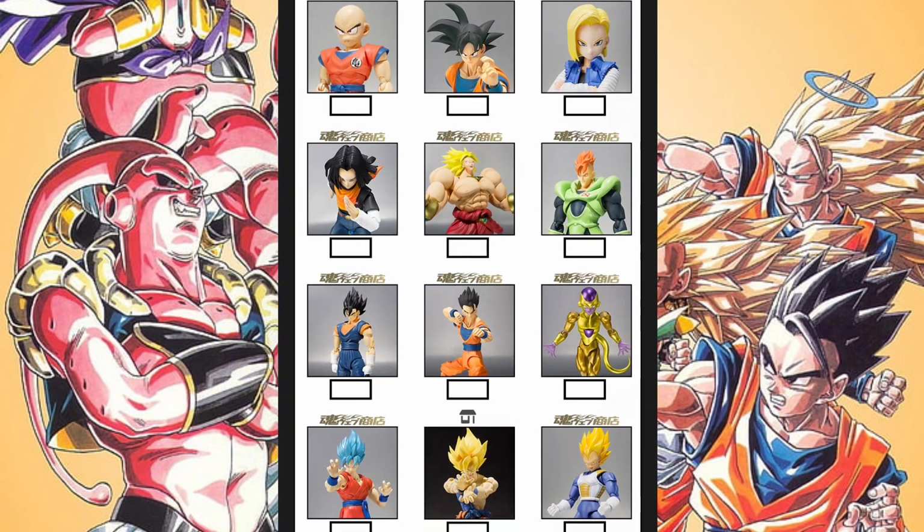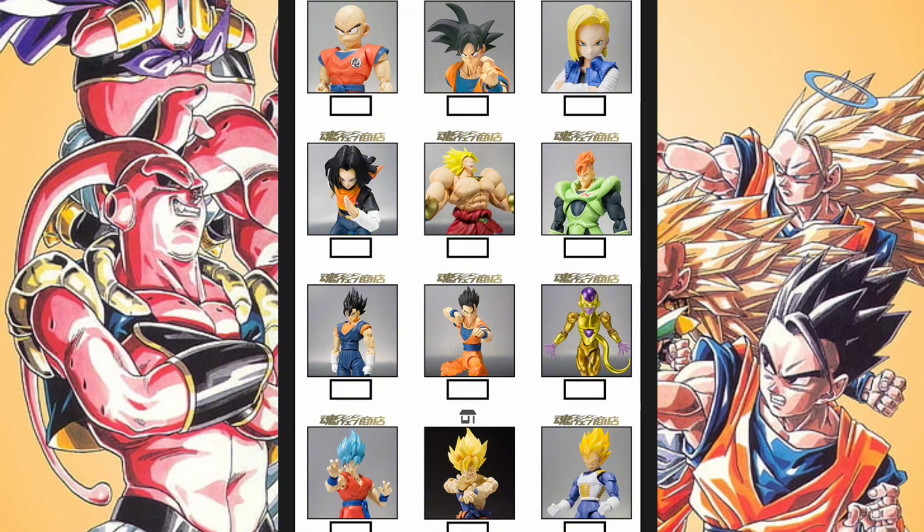Now, next we have Golden Frieza and Super Saiyan Blue Goku from the Revival of F movie. Now, this is one thing that you could say for sure has been present throughout Tamashii's whole run of releasing Dragon Ball figures. They definitely will release in terms of movies and animation. So whatever the major movie or animation is at the time, they will release according to that as well. Because why wouldn't you capitalize off of a major motion picture going on at the time, or if the anime is going on at the time? Why wouldn't you capitalize off of that, right? Building off the hype that the show is creating. People are going to want figures of certain characters.